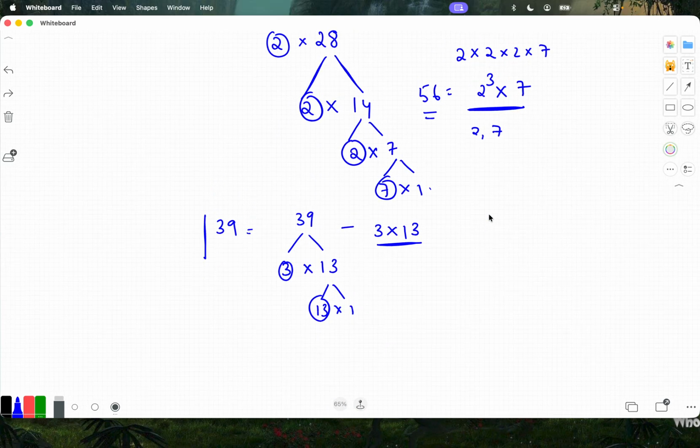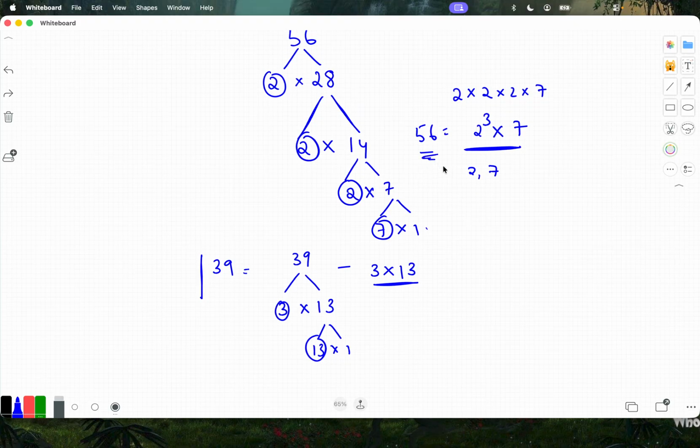If they ask to express the number as a product of prime factors, then you will do this product. Okay, this is expressing as product of primes. This is nothing but just prime factors of 56. Okay,